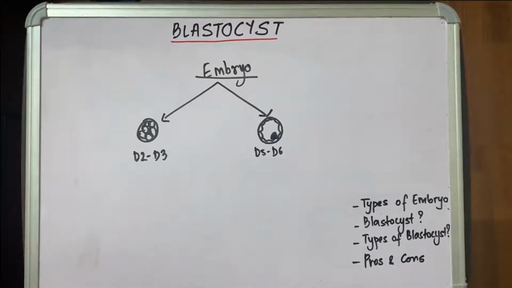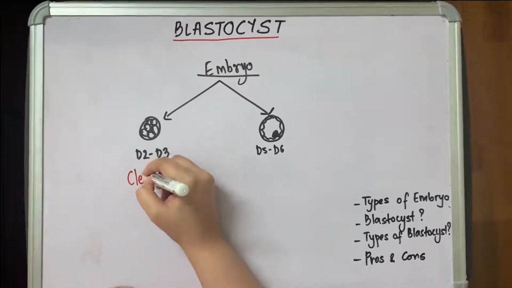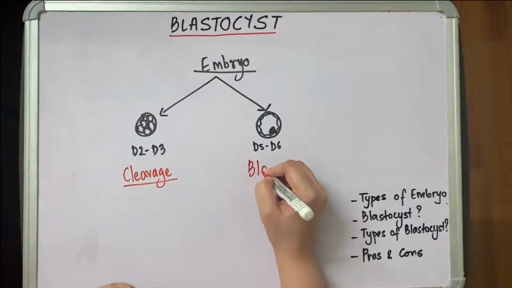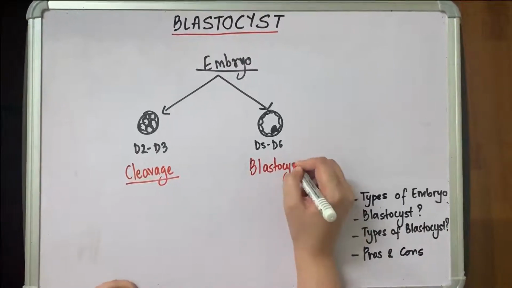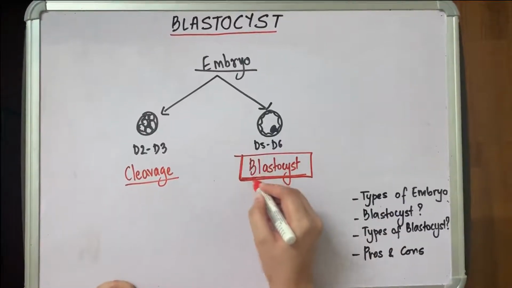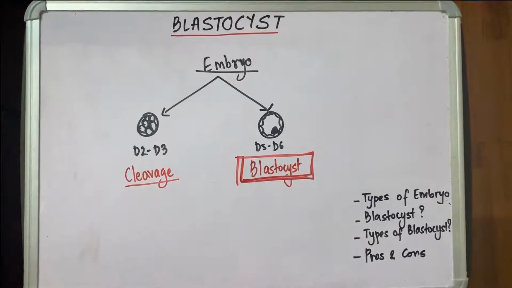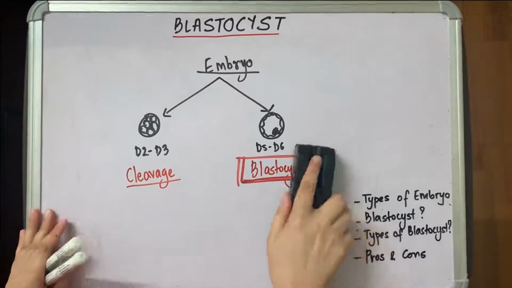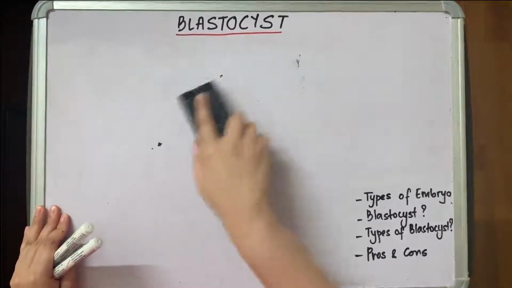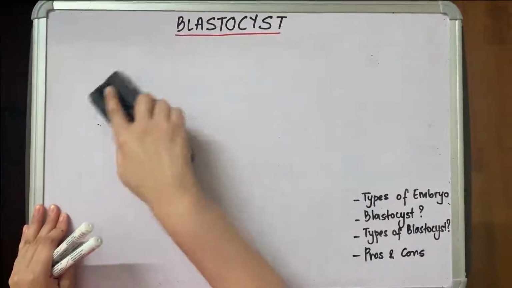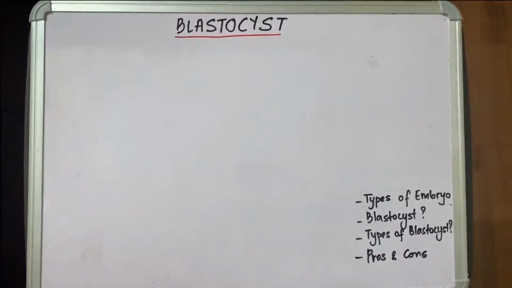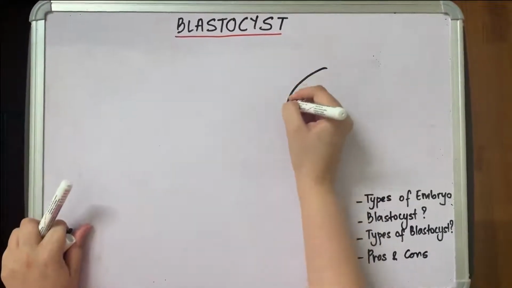Embryos which are on day 2 and day 3 are known as cleavage stage embryos, and on day 5 and day 6 is blastocyst. So to give you a perspective, today's talk is going to only be about the blastocyst, which is embryo development on day 5 and day 6. So let's concentrate on the day 5 embryo, which is a blast. We fondly call it blast, so through the talk if I refer to it as blast, don't be surprised, it's the same thing.